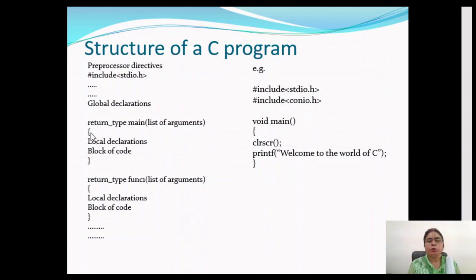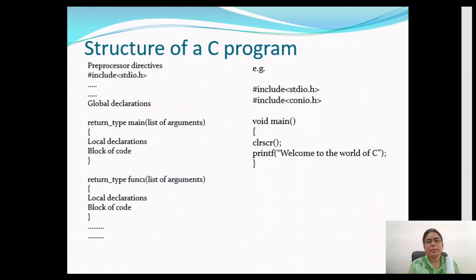To indicate the set of instructions associated with this function, we create a block here. A block is created with the help of an opening bracket and a closing bracket. In the block of a particular function, we have local declarations and then the instructions. The variables declared locally for this function are visible only in this function and cannot be used from anywhere outside the function.